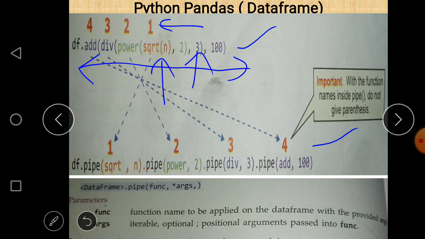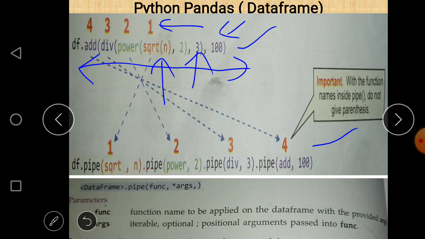Finally, after div we get an output, which becomes the input of the add function, and finally 100 will be added. So this is a mathematical representation, in which we can easily see the order of different functions or commands using the BODMAS rule.